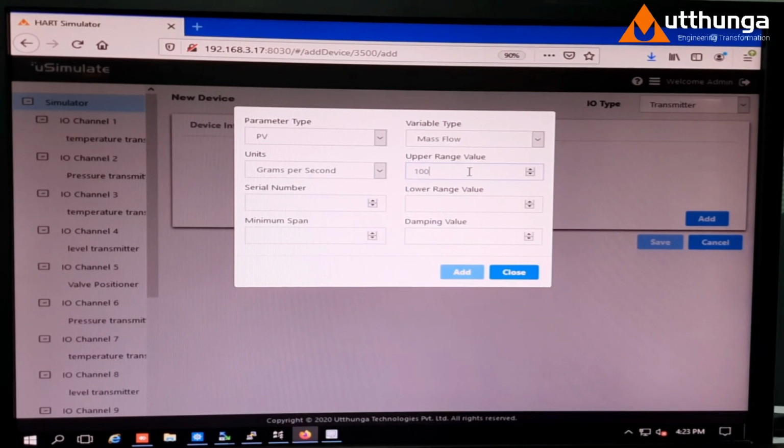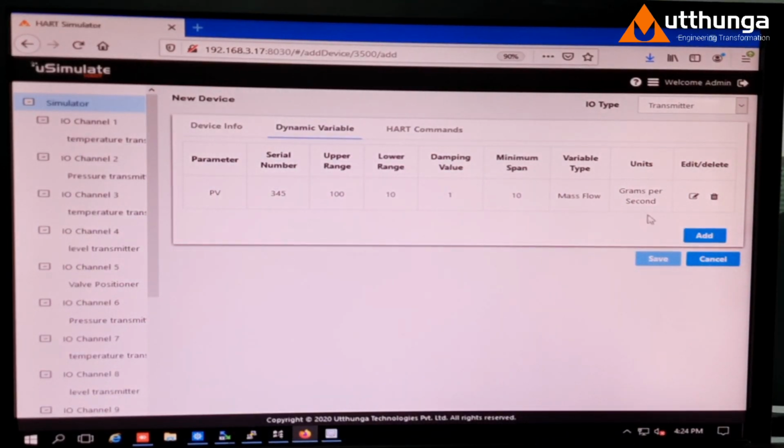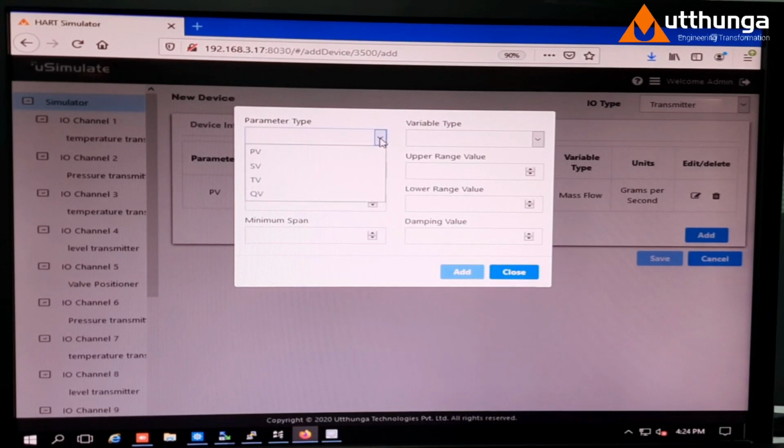As we can see, it allows us to give all the range to which the PV has to run: the lower range, upper range, span and damping values. Likewise, we will add all the other 3 variables also, SV, TV and QV.